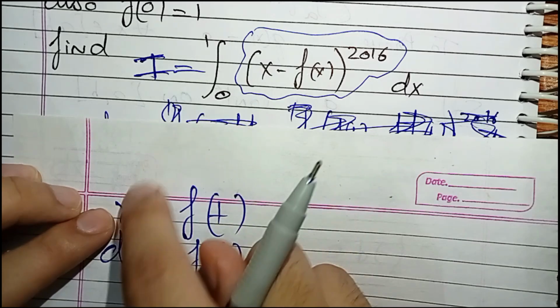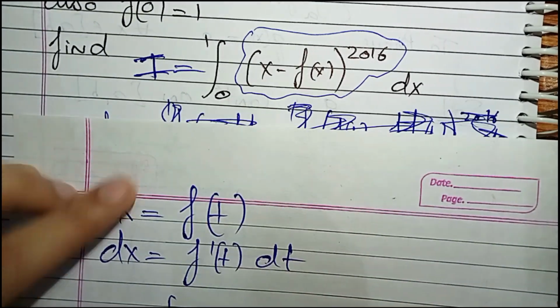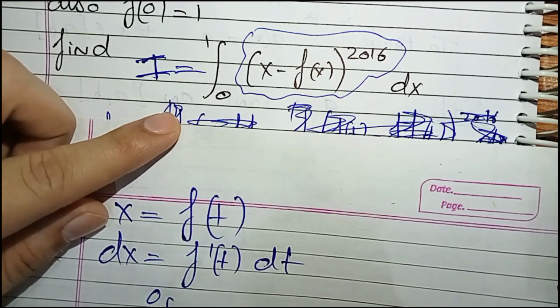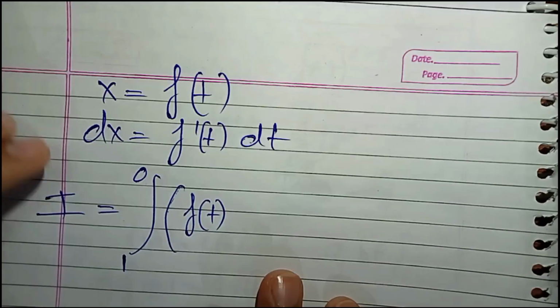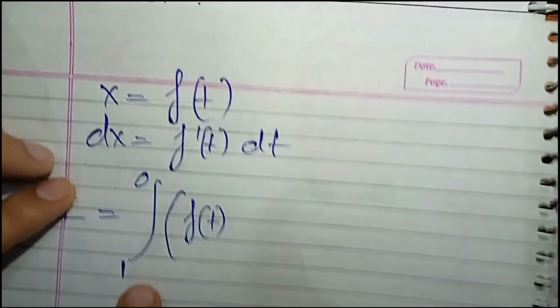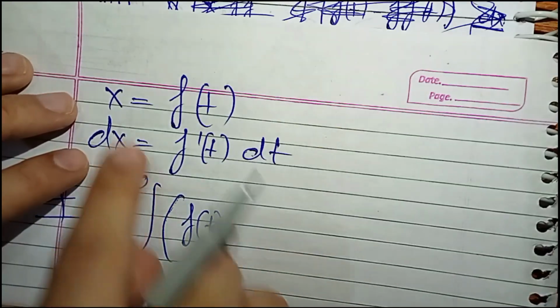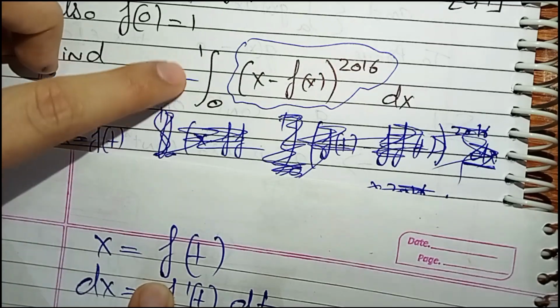Okay, now I have my I equal to this. When x is 0, then t is 1. So here the limit will be 1 to 0. Now my x is f of t. Oh, sorry, you couldn't see. So I just change the limits. What would be the limit? It would be 1 to 0. Using this and using these limits I got